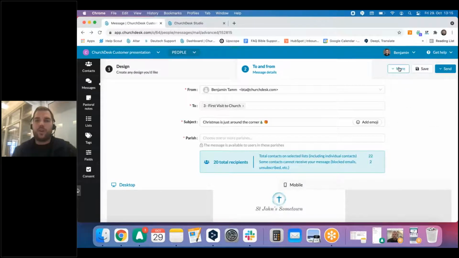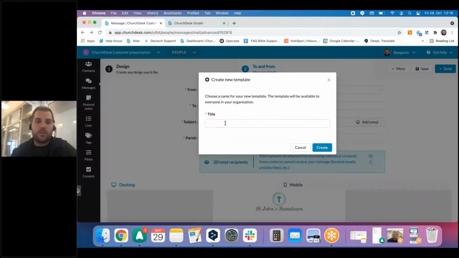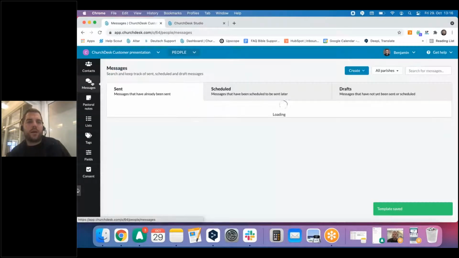And you can save every work that you're doing as a new template. So if you design once a birthday greeting template, you can keep using it, and you only adjust maybe once in a while the picture, the text. You know, you can personalize it with dear first name, last name, happy birthday, we love you, and here's a greeting card. Or for the different concerts, save it as a Christmas concert template, and then it will be shown under your template. So I would say here, my test I created, and then every time I click on messages